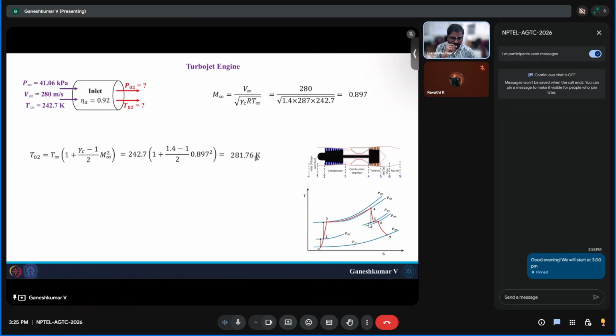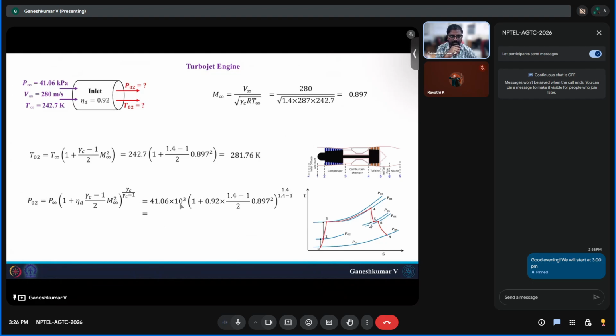Now we also need to find out P02, and that is where the isentropic efficiency comes in. Typically this eta D, if it is an isentropic process, becomes 1, and you will retrieve the isentropic relation for P02. But since this is not an isentropic process, this is a real engine, you have to include this isentropic efficiency here. So if you include that, 41.06 is your P infinity,